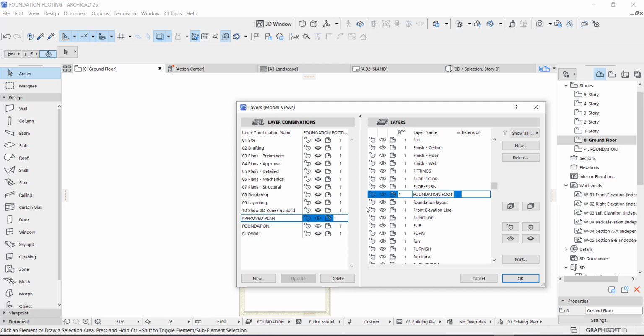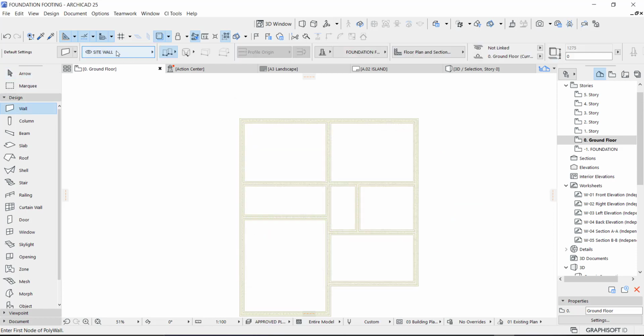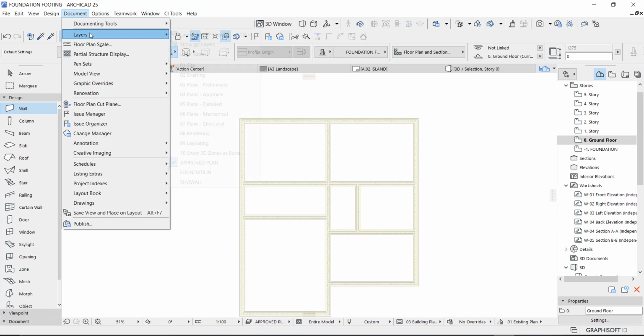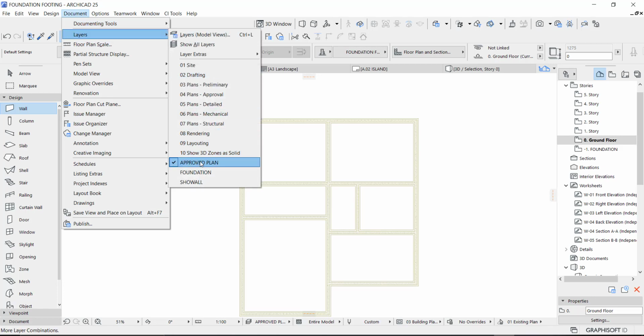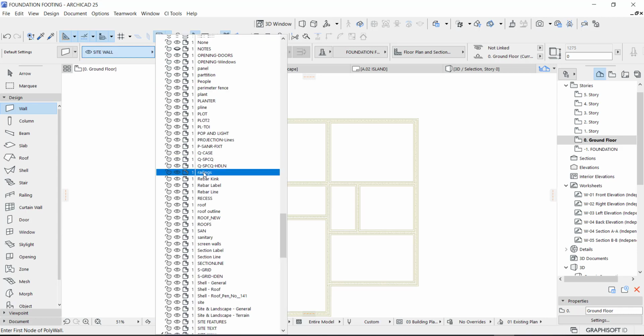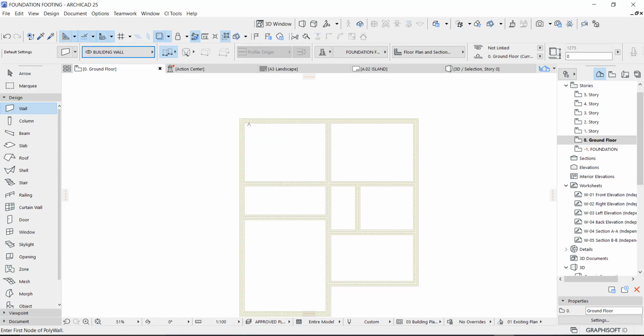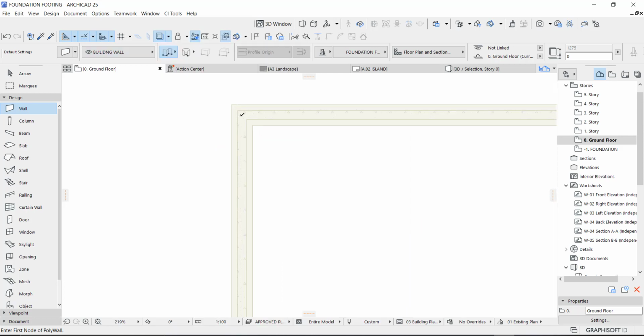Now that our foundation footing, I think, is turned on for this. Say okay. So let's see the layers we have where that is activated, which is approved plan. So we can always go back to our building wall we created and draw our wall. Okay, I think the wall is still the